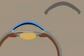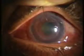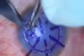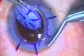Descemet stripping endothelial keratoplasty is a selective replacement of the diseased endothelium that enables us to achieve quick visual recovery due to a predictable refractive outcome and helps preserve the structural integrity of the globe, thus offering lifetime protection against graft-host dehiscence and amblyopia. Pediatric penetrating keratoplasty poses several challenges due to the small size of the globe, reduced corneoscleral